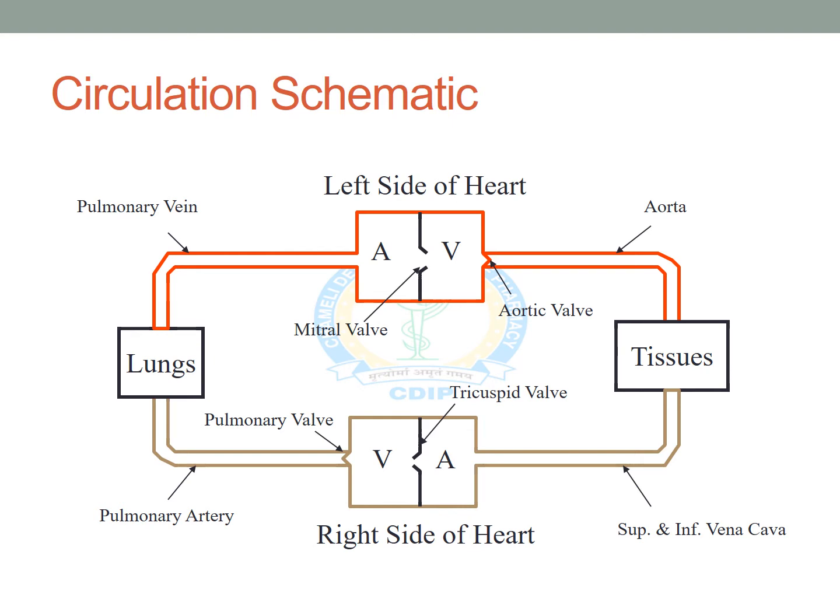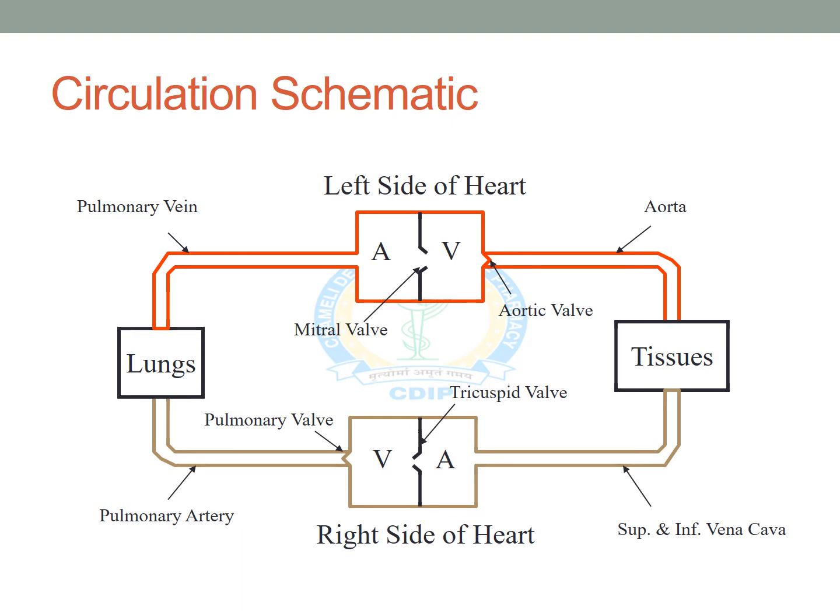The left side of the heart, the atria and ventricle, receive the oxygenated blood from the pulmonary vein. The red color signifies the oxygenation, and the brown color signifies the deoxygenated part. The oxygenated blood enters the atria, then passes through the mitral valve into the ventricle, where the aortic valve is present. When the ventricle contracts, the aortic valve, due to the pressure, opens up and pumps the blood into the aorta, and from the aorta and its three subdivisions, it gets